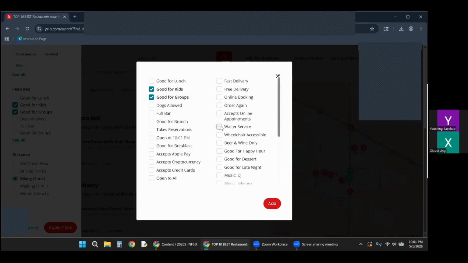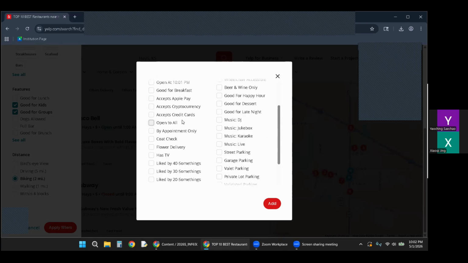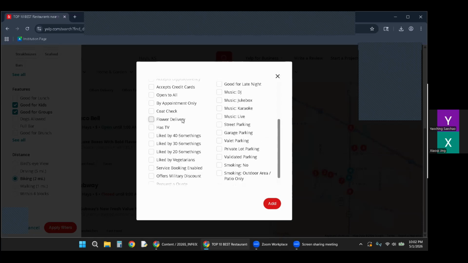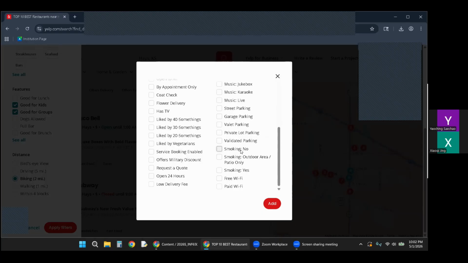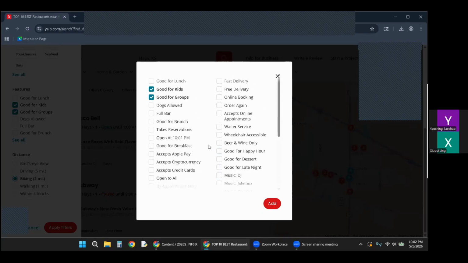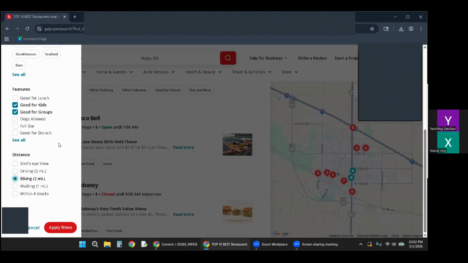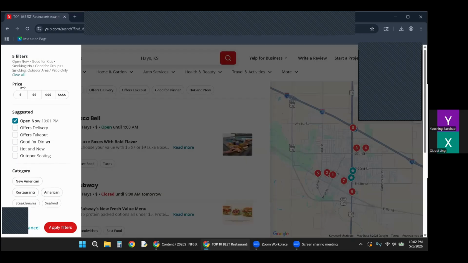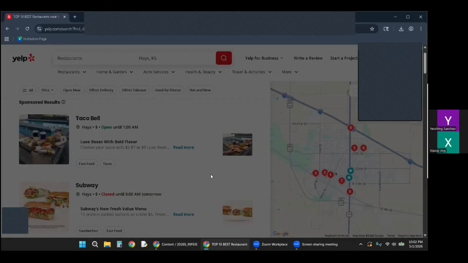I'm obviously going to filter for good for kids, good for groups. I'm looking for the filter to see about... there it is, the no smoking, for an outdoor area. And obviously I want it to be open right now, so open now.